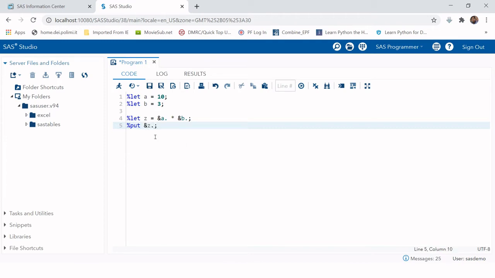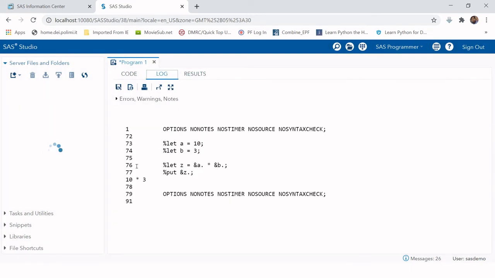So variable a has value 10 and variable b has value 3. Now we are expecting that variable z would have value 30 because we are doing the multiplication over here. Let's see if it happens. Oh, you see it has been printed as text, 10 into 3.